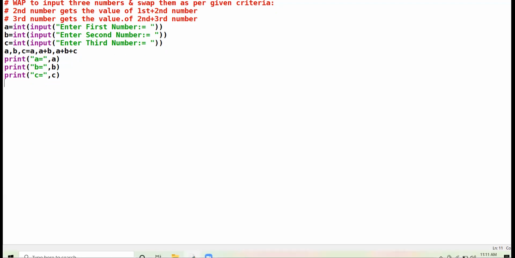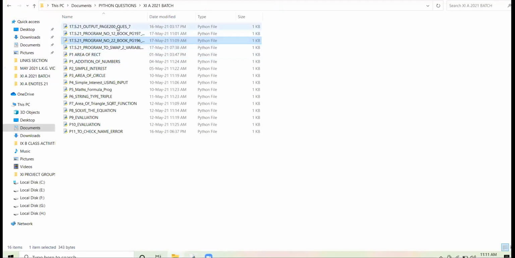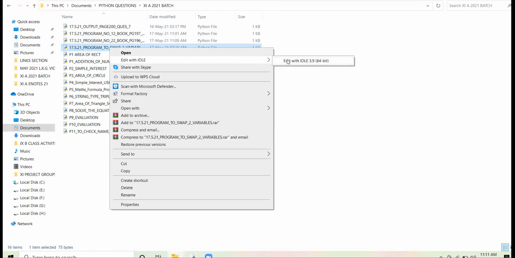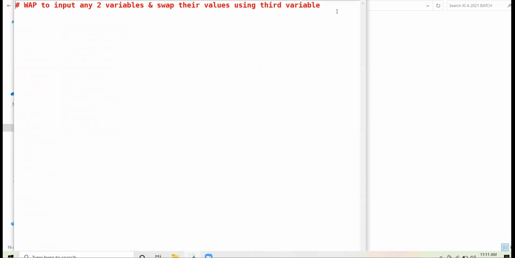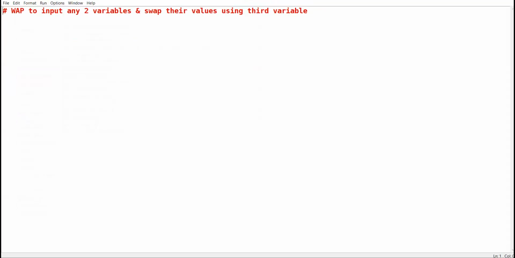So let us discuss another question. This is the third program that we are to do today. Now, as per this third program, we are to input any two variables and swap their values using the third variable.